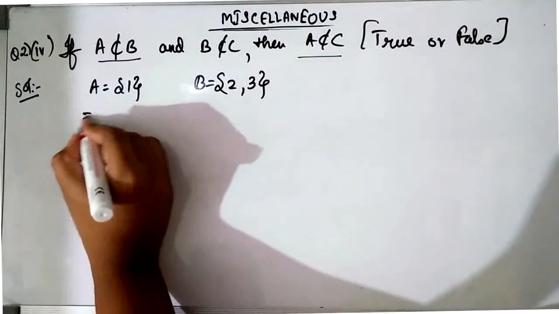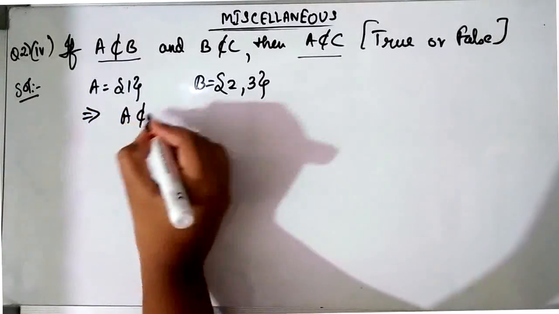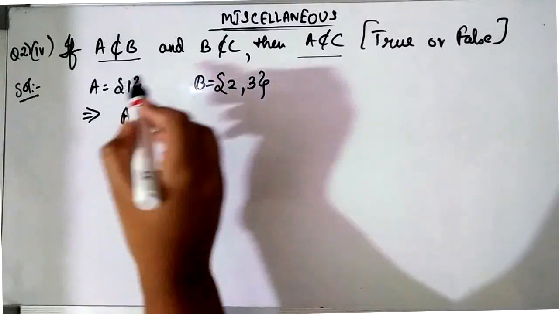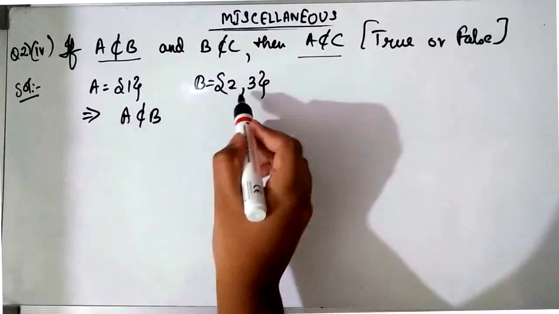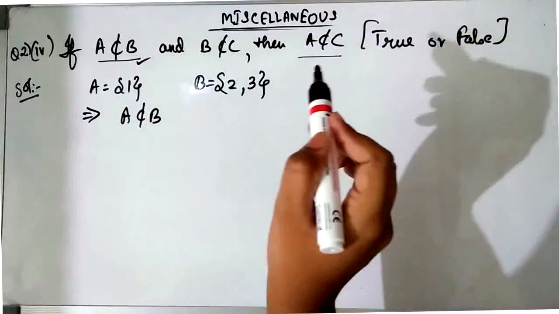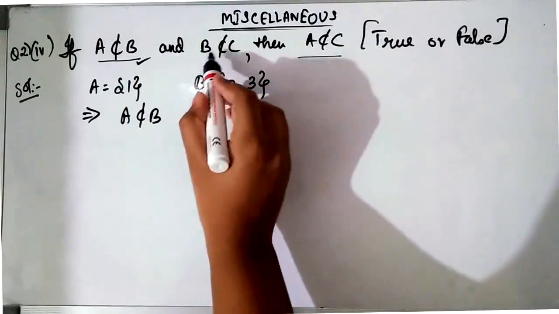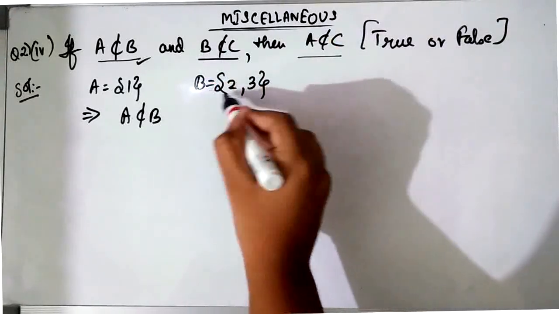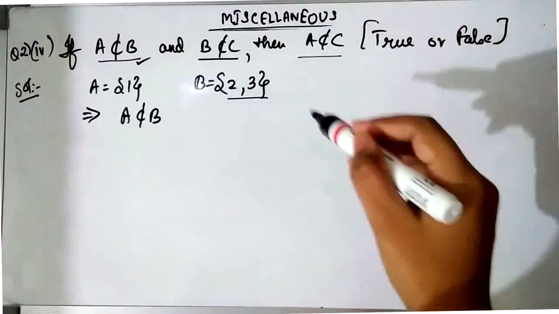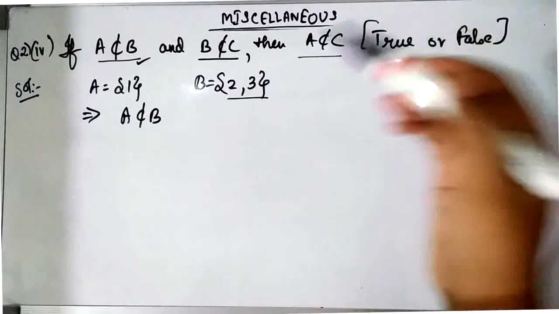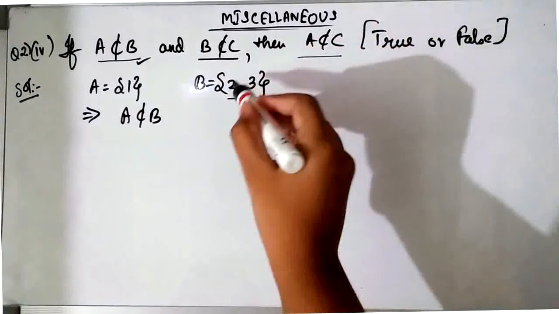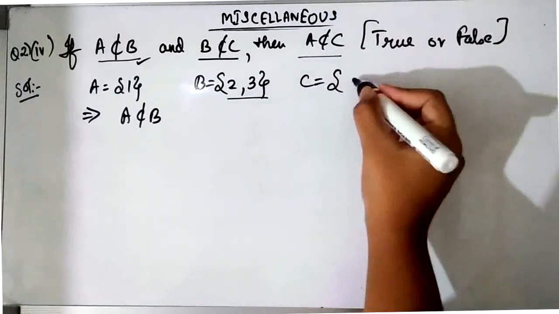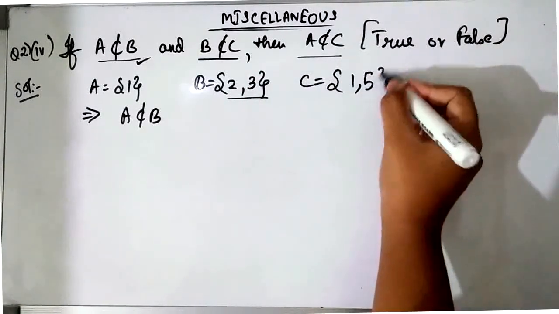So with this I can say that A is actually not a subset of B because 1 is not present in set B. So A cannot be called a part of set B. Hence it is not a subset of B. So first condition fulfilled. Then for the second condition, we have to fulfill that B should not be a subset of C. So again B consists of 2 and 3. Now I will take C in such a way that B will not be a subset of C. That is, the elements of B should not be present in C. So suppose I'll take {1, 5}.